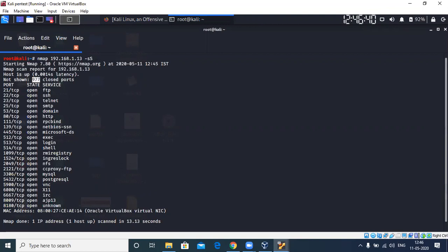But I can't say you can call it a passive scan, because Nmap, as I told you when I was starting with Nmap, is illegal to perform on anybody without their consent. Why? Because it's an active scan. So Nmap is completely an active scan. What do you mean by active or passive? An active scan is where you actually contact the victim, you are in contact with the victim. Whereas in a passive scan, you are not in actual contact. Okay, so by default, it'll only scan a few ports. We need to specify a tag to scan everything.